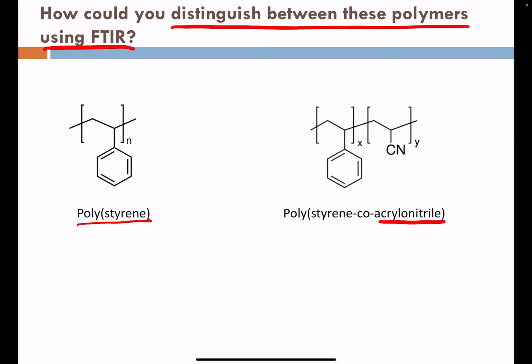Okay, so hopefully you've zoned in right here on the CN, the cyano group. So expanding on that, that functional group is a carbon triple bonded to a nitrogen. Okay, and then we see that tethered to the polymer chain. And so this nitrile group is very unique and would not be found on pure polystyrene, and might be the feature to look for in the IR to show whether or not we have polystyrene co-acrylonitrile